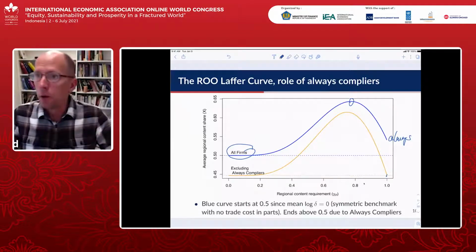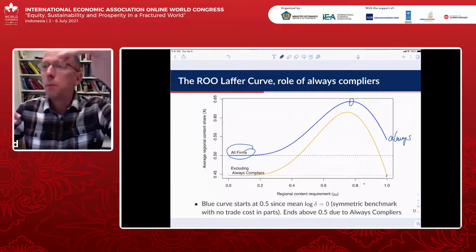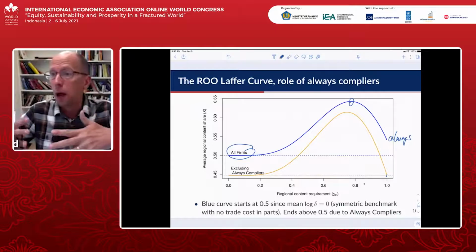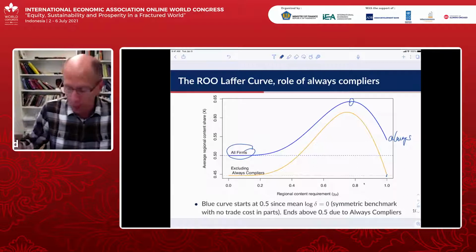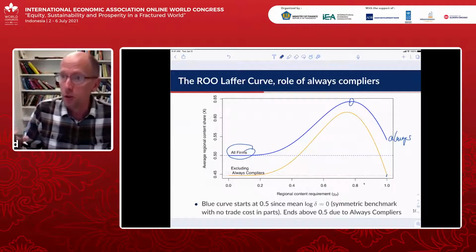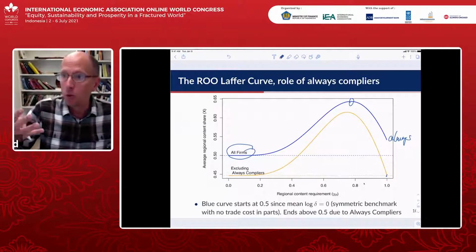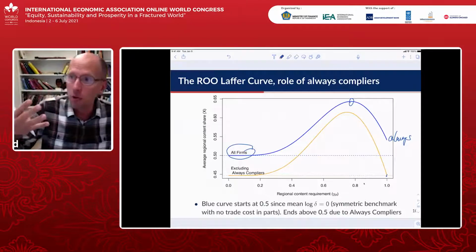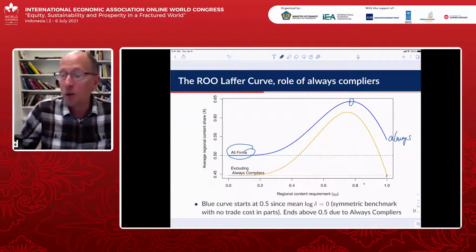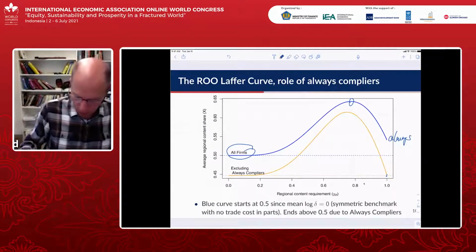So the key in the model that I've shown up to now is compliance, and then people stopping to comply and kicking off. And once they stop to comply, they lower their amount of regional inputs a lot, because there's no longer a gain for them to continue to have that regional input. We didn't consider what happens to the location of assembly. And of course, if you're going to be paying the MFN tariff anyways, when you don't comply with the rule of origin, now the reasons that you originally had for being within the region are diminished. And so some people will simply want to relocate and stop producing within the region.